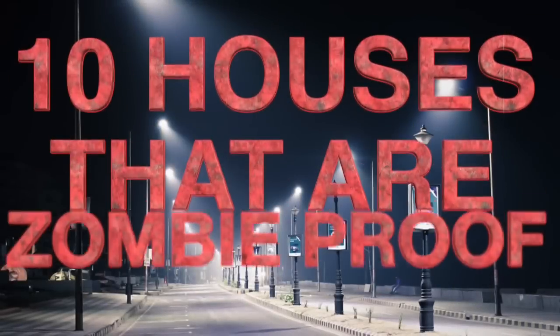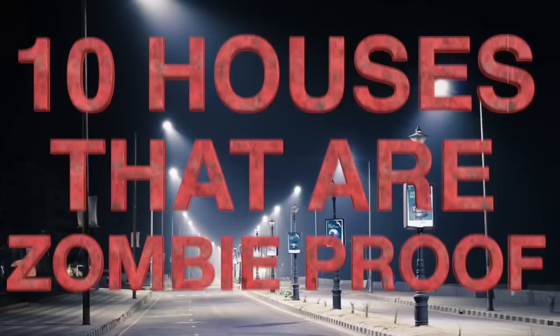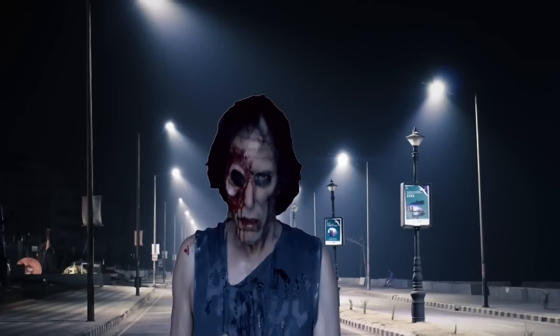Hey guys, what's up? It's Charlie here, and today we're going to be looking at 10 houses that are zombie proof. So these are a collection of really weird but cool houses which were either built for impenetrable security or